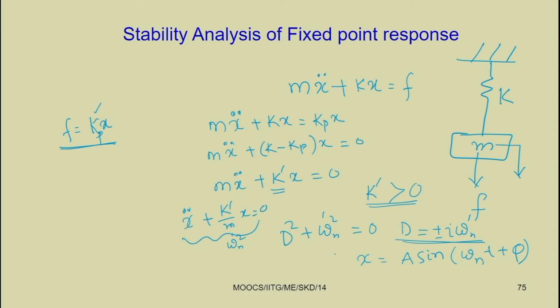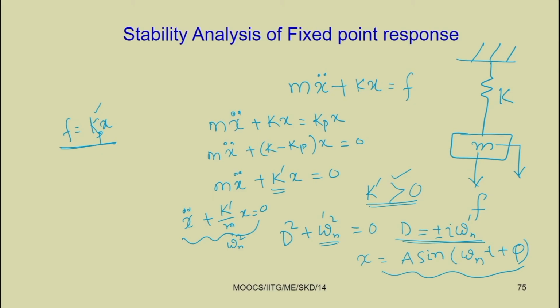So, this is the case if k dash is greater than 0. Then omega n dash square is a positive term, so that we can get the response in this form. But if k dash is negative, then